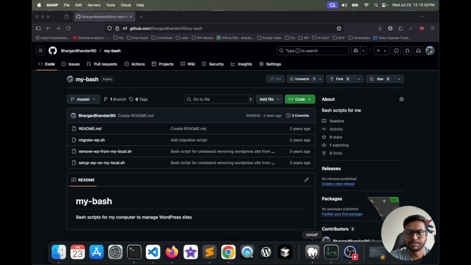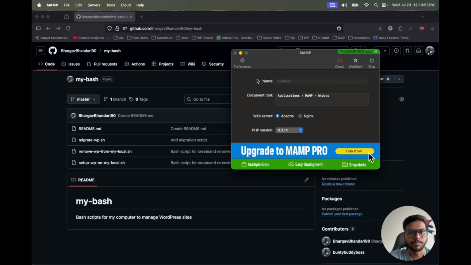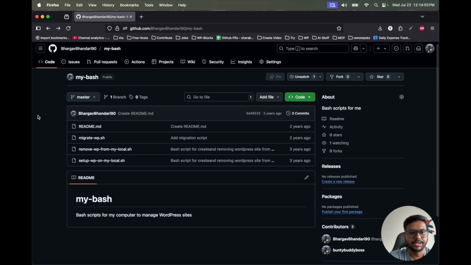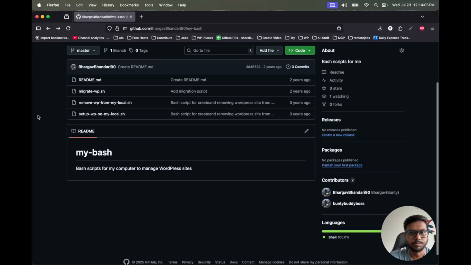So let's get started. So this is my bash script I have created for me. Basically I use MAMP for my WordPress development. Generally I use Docker as well, but mostly I use MAMP. So what I did, I use WP-CLI